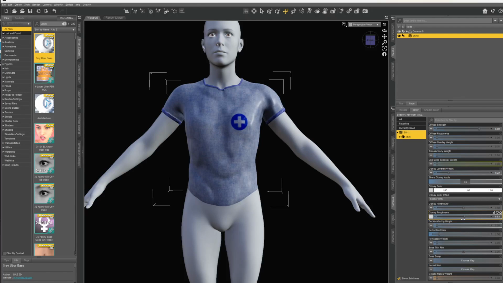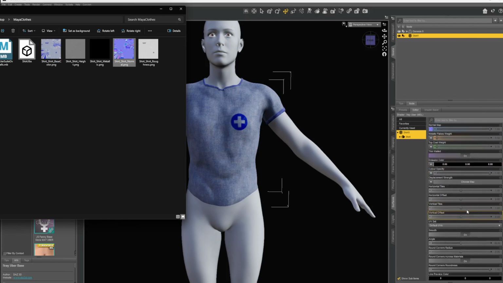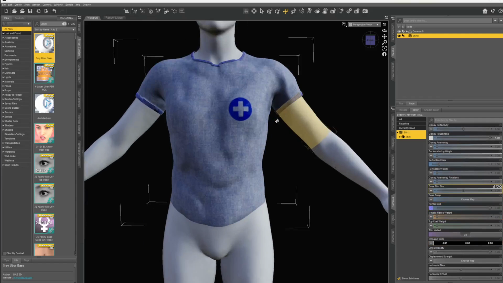That's right. And then you can just tweak it. There we go. You can put on 1 because you're using the glossy roughness. And then I want my normal. There's my normal map. I'm going to take my normal and drag it onto here, and there it is. Okay. So the height map, I don't think this covers height. It doesn't matter anyway. You've got what you need. It's fine. So now you've got your shirt.